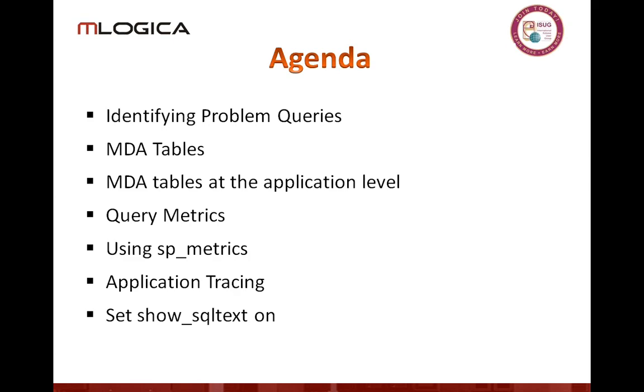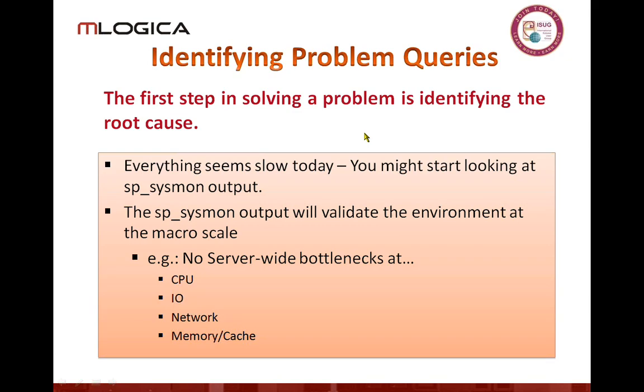So how are we going to identify them? We're going to use a couple of different approaches. We're going to look at the MDA tables. Some of you may be familiar with those already. A lot of you may be familiar with those already. We'll talk query metrics and the sp_metrics command that allows us to set this information up, some application tracing, and a little bit of show full text. So from the top, what happens when things